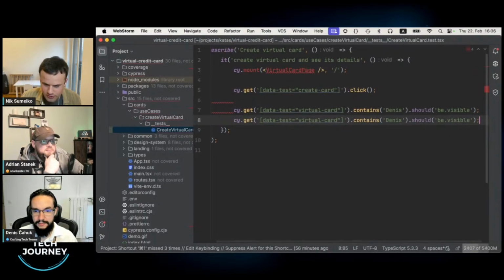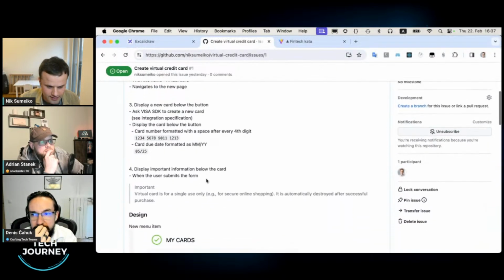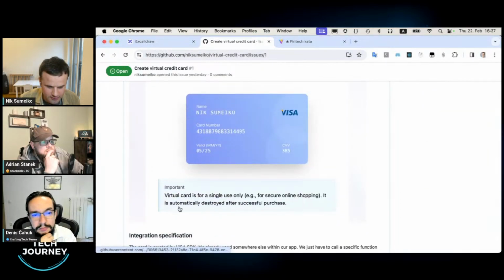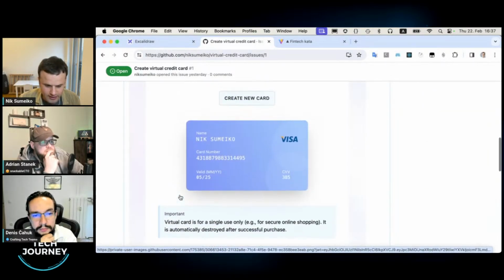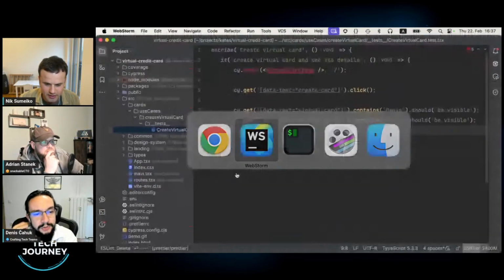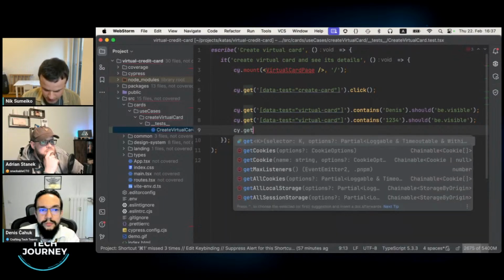Okay, and let's do another one, not just Denis, but let's assert the first 4 digits of the card also to be presented within there. Plus, as I remember from this acceptance criteria, there is this information block. I think it's here. Okay. That's part of the design. I see. Yeah, so let's assert its presence as well, just so it's there.